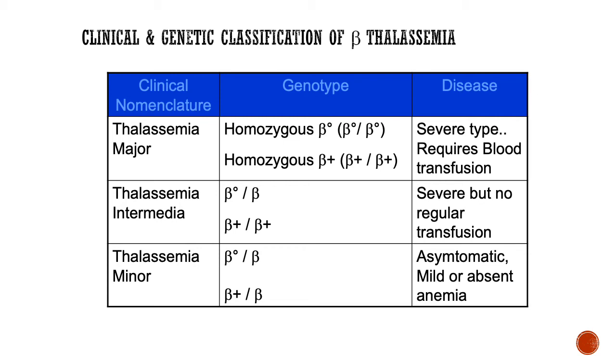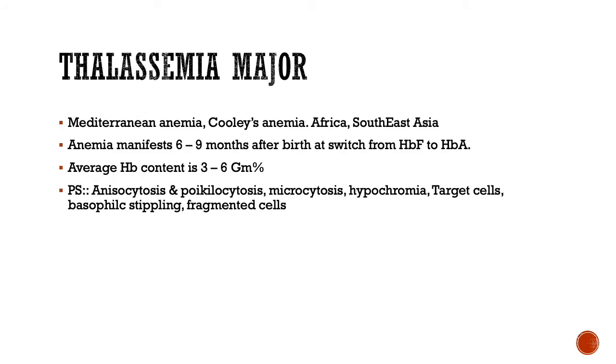This leads to severe type of thalassemia which requires blood transfusion. Thalassemia intermedia is severe but no regular transfusion. It can be beta 0 beta 0 or beta plus beta plus. Thalassemia minor can be beta 0 or beta plus, asymptomatic or mild, or absent anemia. This is also called as Mediterranean anemia or Cooley's anemia,